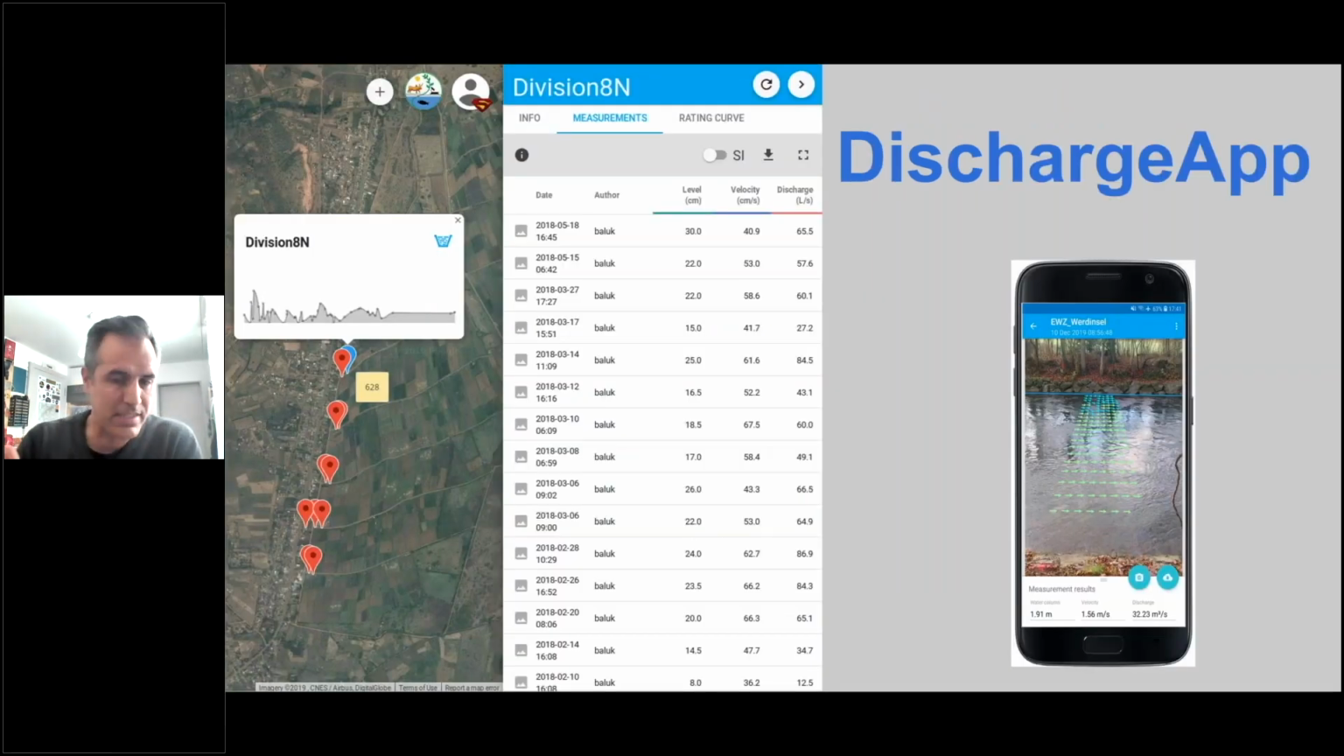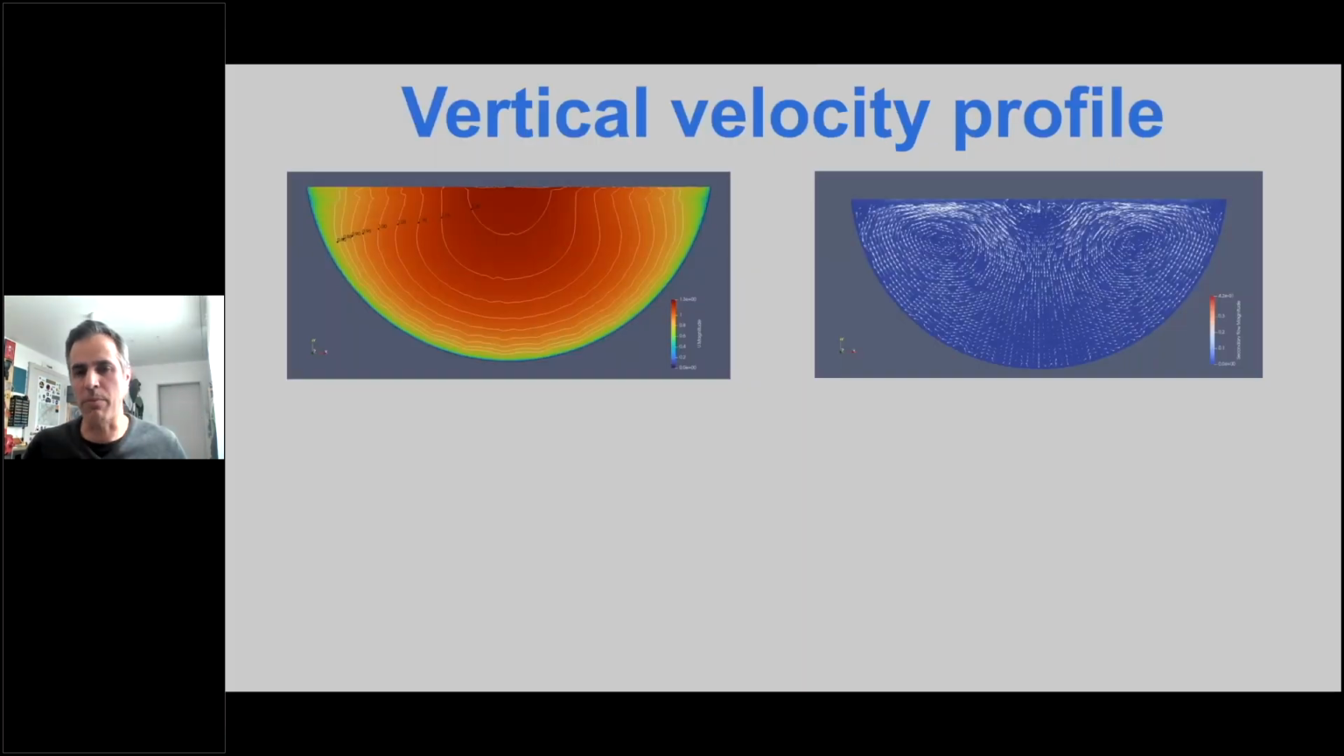Just a small comment that this same technology has evolved. It's also available in a smartphone. Now we can do all the processing inside of the smartphone. But coming back to the